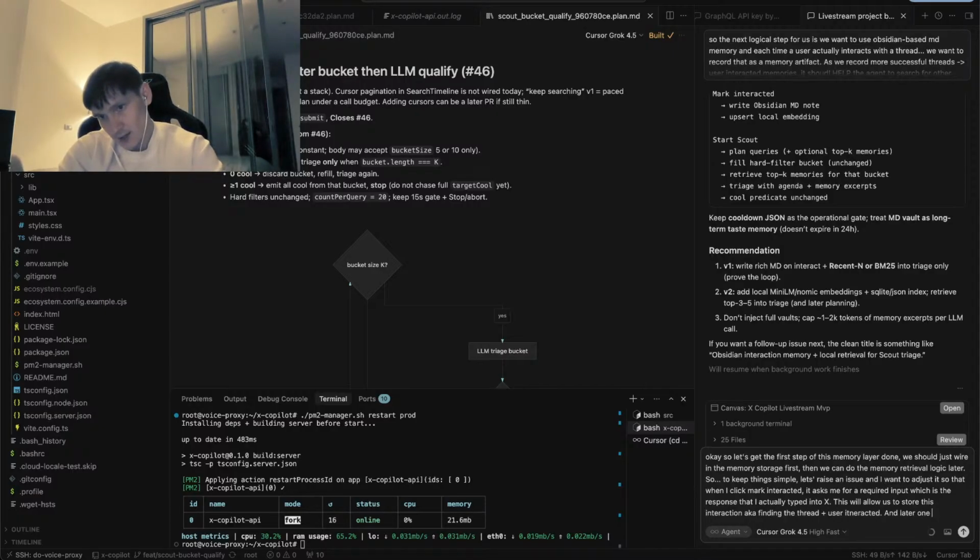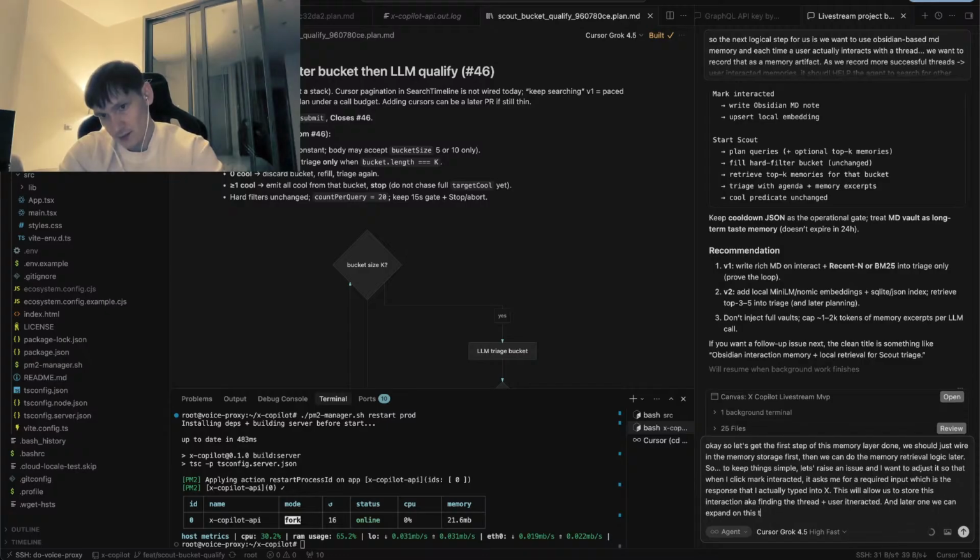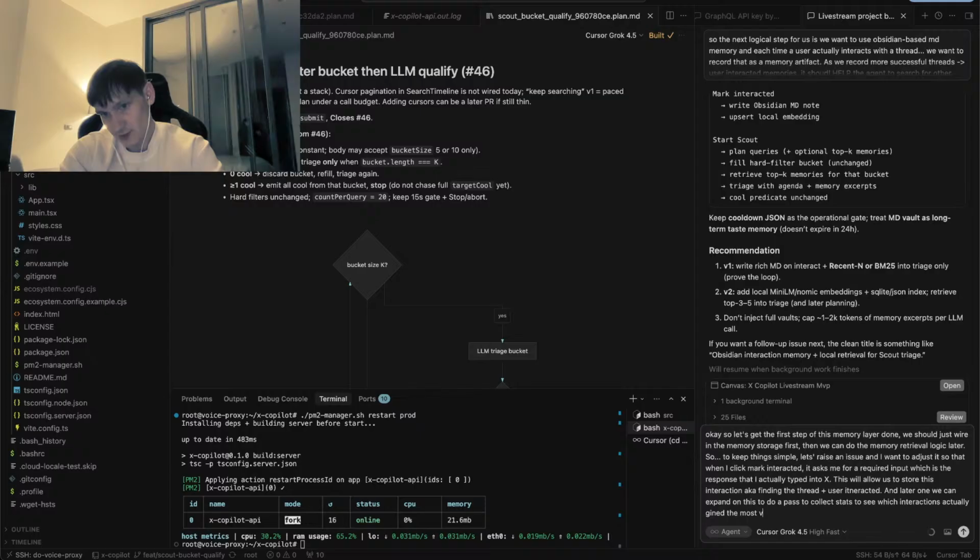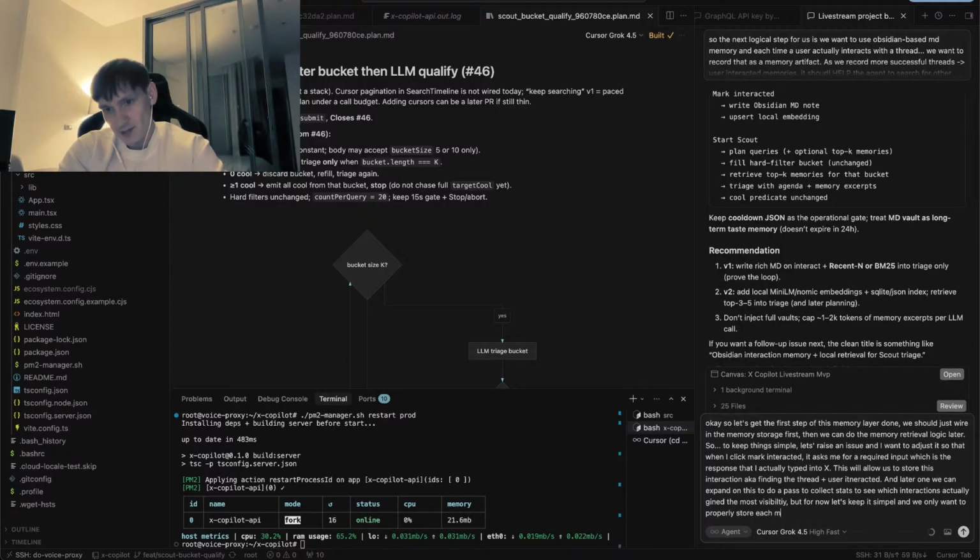And later on, we can expand on this to do a pass to collect stats to see which interactions actually gain the most visibility. But for now, let's keep it simple, and we only want to properly store each memory,